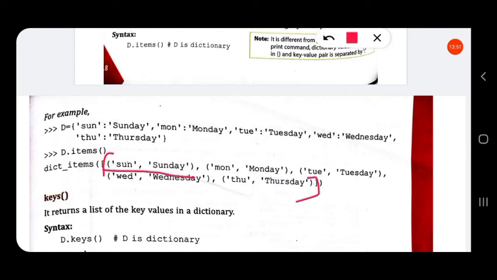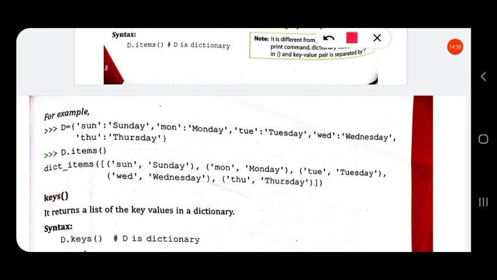So in this list, each key value pair is enclosed in the form of a tuple. Each key value pair is a tuple, and the whole of the elements of the dictionary is in the form of a list. The items function returns a list containing the key value pairs as tuples.